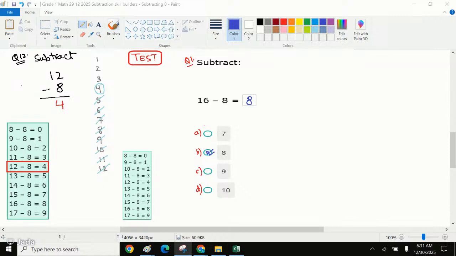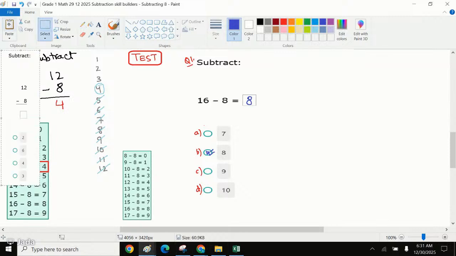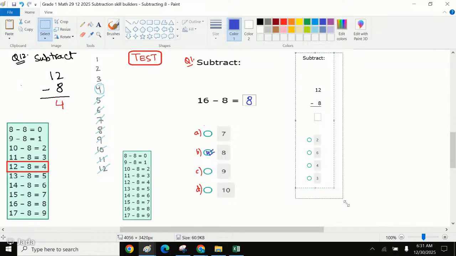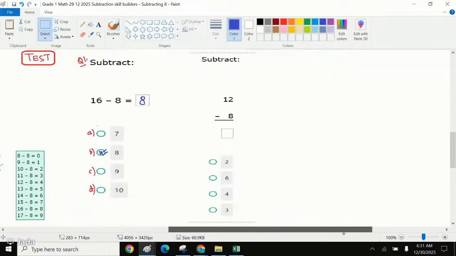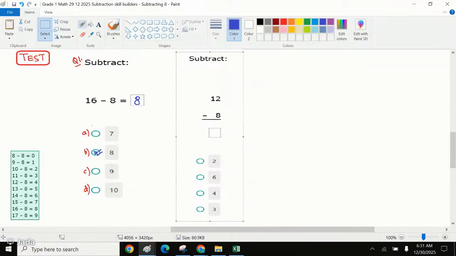Moving on to the next question. It says subtract 12 minus 8. Question number 2 says 12 minus 8. This is our question number 2, with option A, option B, option C, and option D. 12 minus 8 should be equal to,